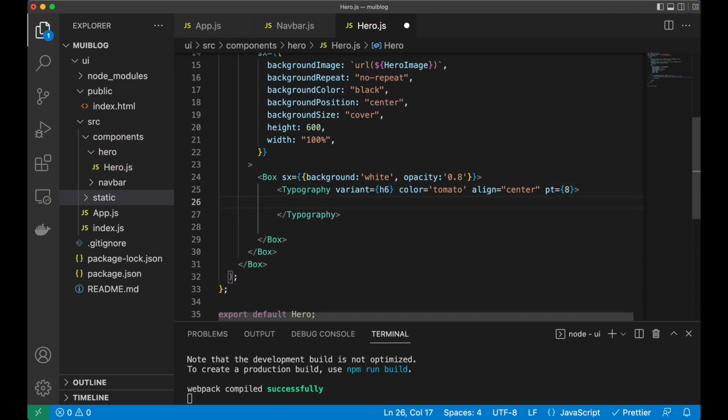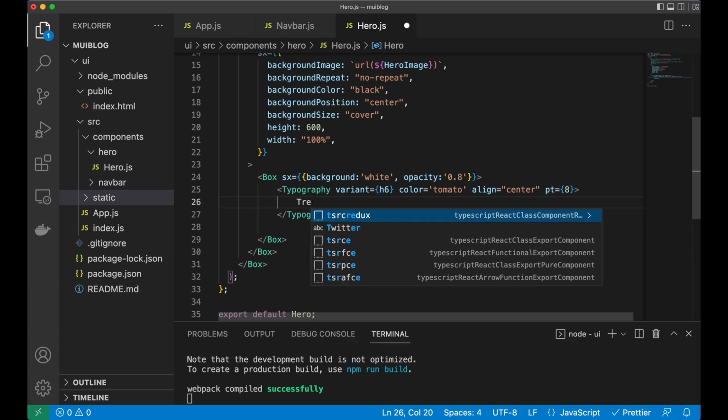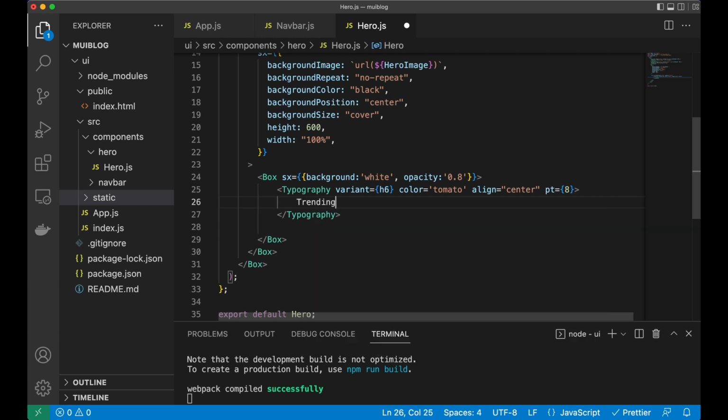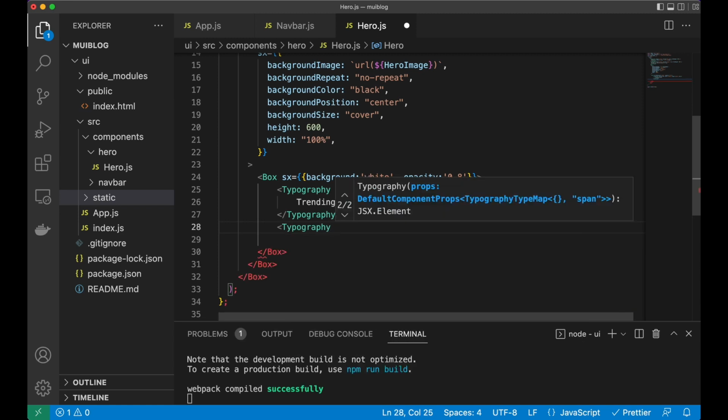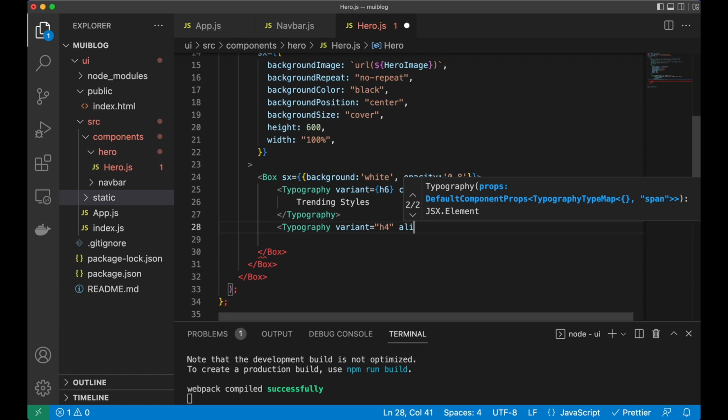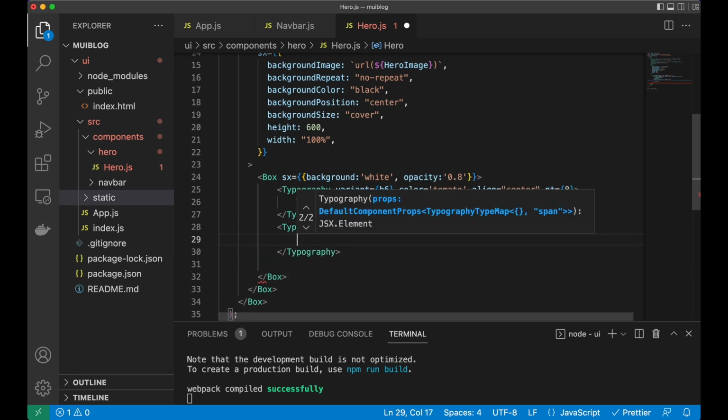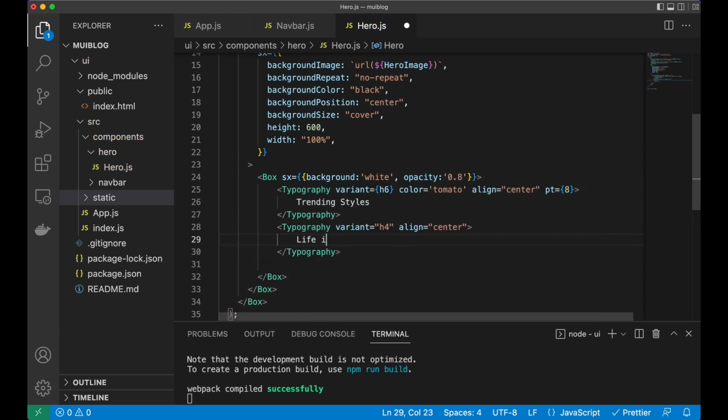And let's close this. Here I'll type a message like trending styles. So here another typography I'll need, and for this I need a variant of H4, and call this also align, and this will be center. And in this we'll put another message, life is boring without fashion,